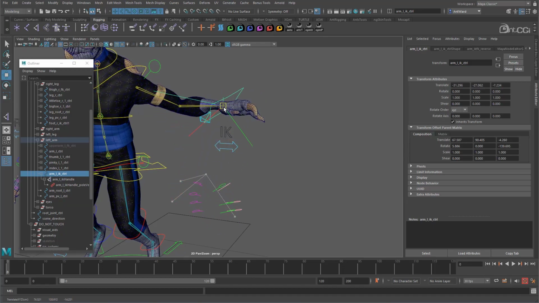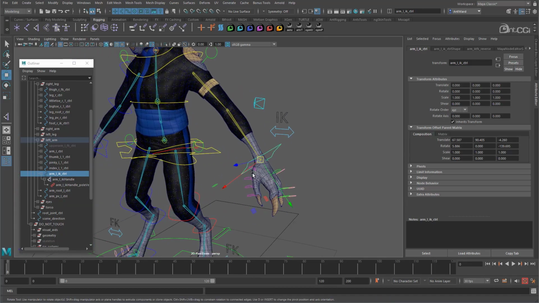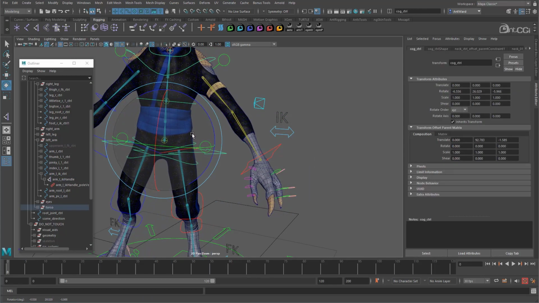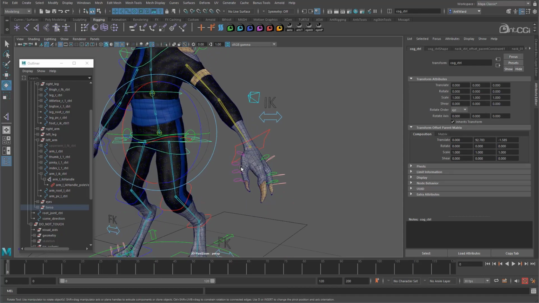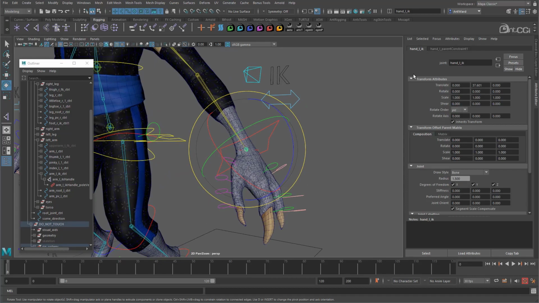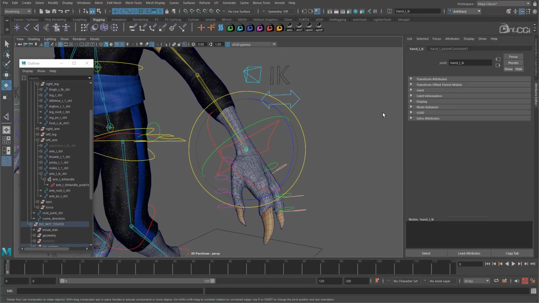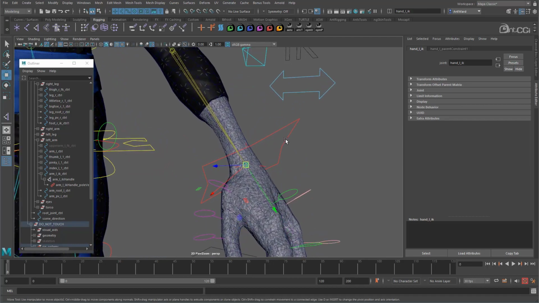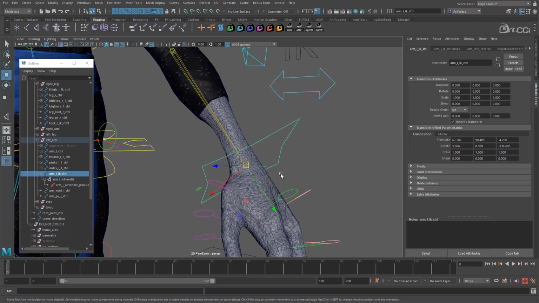Okay, let's fix the wrist now. So this needs to match the control's orientation, so it stays level no matter what the rest of the body does. All we need to do is use an orient constraint so the hand IK joint is constrained to the control. So select the control, and then the hand IK joint,